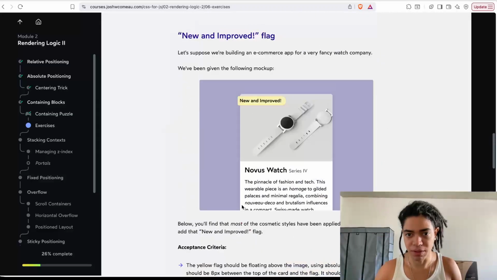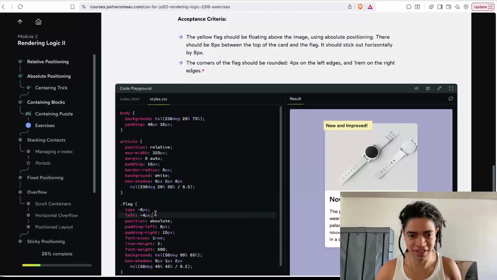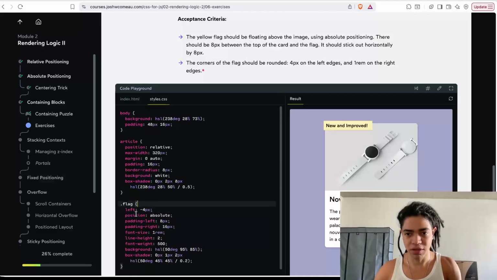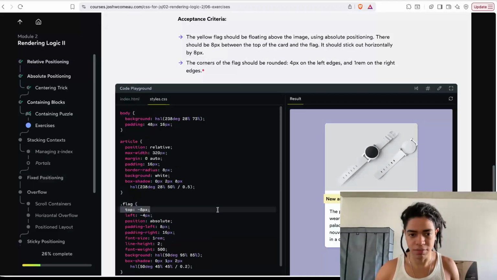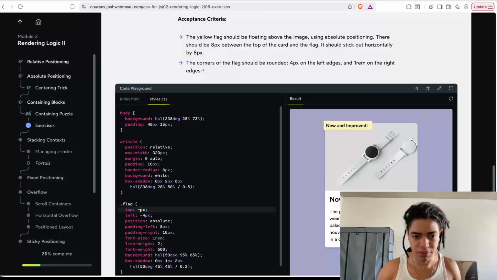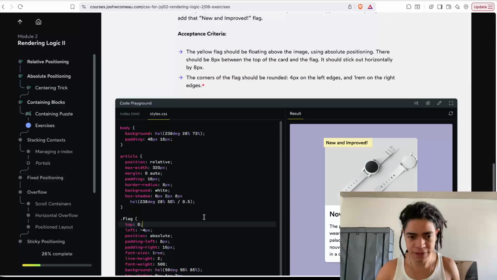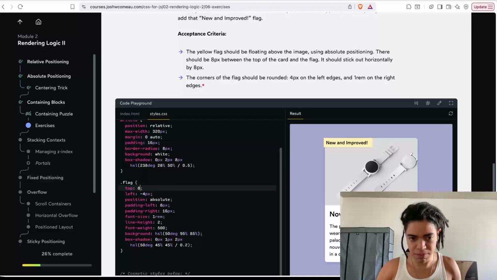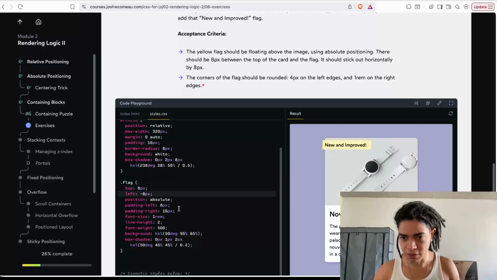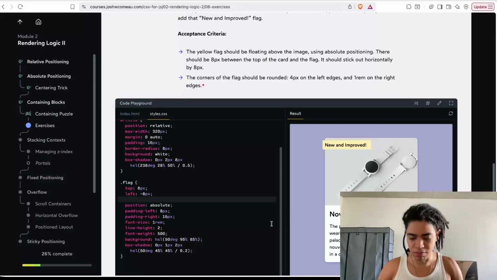Let me see if this actually matches here. Not at all. So remove the top here. But let me put it here, not the top as 0, because I do want it to appear there. But it is 8 pixels from the top, -8 pixels on the left, and then now on border